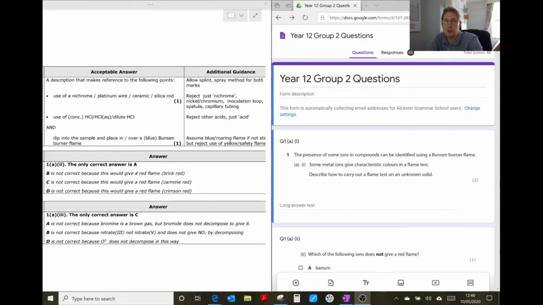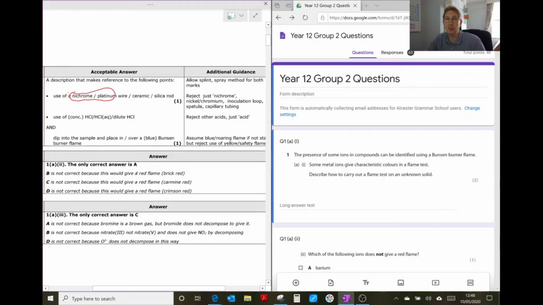So question 1, the presence of some ions in compounds can be identified using a Bunsen burner flame. Some metal ions give characteristic colours in a flame test. Describe how to carry out a flame test on an unknown solid. 2 marks. Okay, first mark was for specifically talking about a nichrome or platinum wire, or if you wanted a